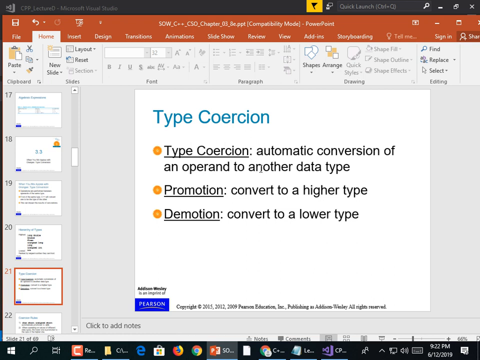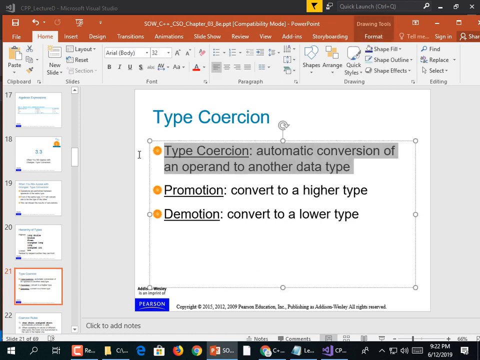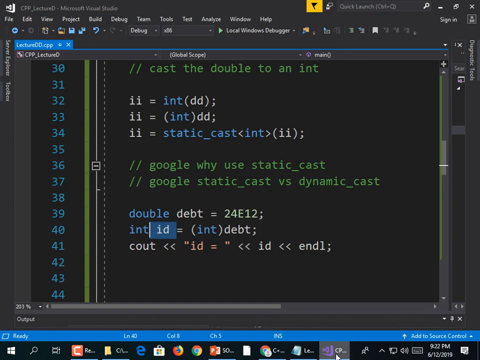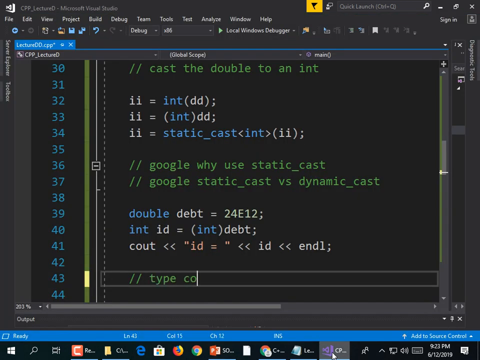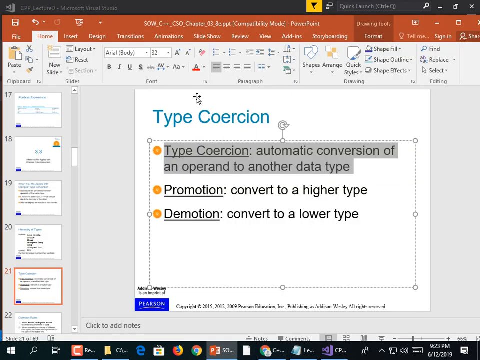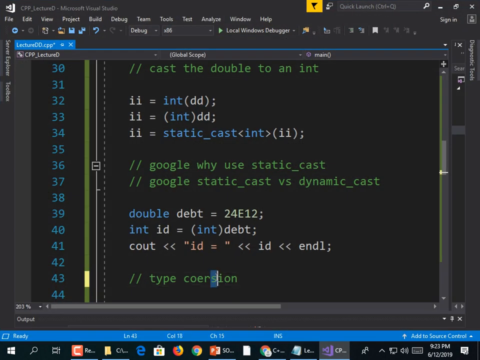Type coercion is automatic conversion of an operand to another type. I was just calling that implicit. I forgot that this textbook called it coercion. That automatic, what I was calling implicit conversion, is called type coercion. I can't keep that spelling right in my head long enough to actually get it in. Okay, 2 C's. Type coercion